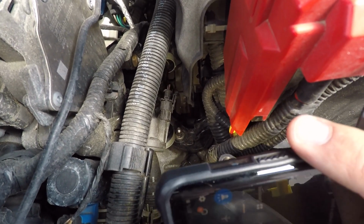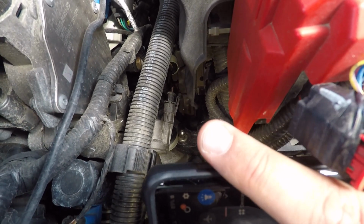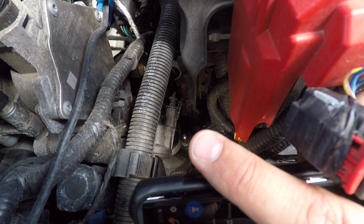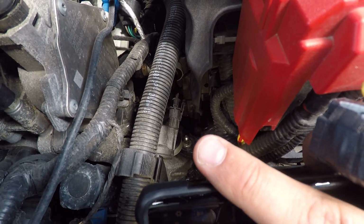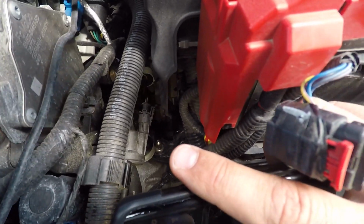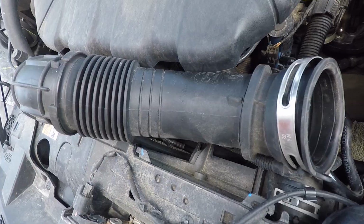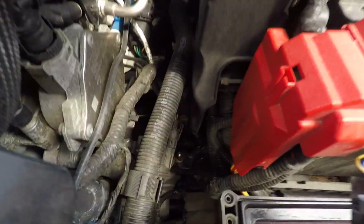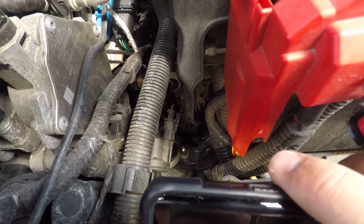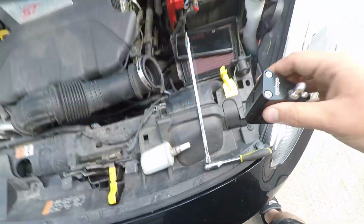Okay, so you can see that little shiny ball right there. That's the ball that the shifter linkage was sitting on. I didn't have to move anything else actually. I just had to move the top of the airbox out of the way, and then move this intake hose that runs from the airbox and goes up to there. And it's pretty much a straight shot. All I needed was a screwdriver to pop that off,